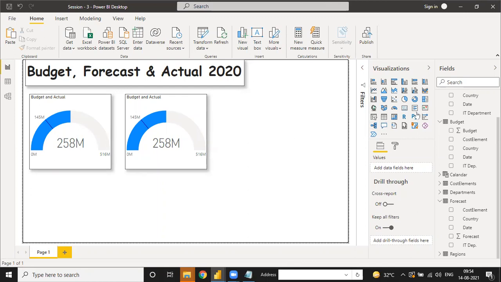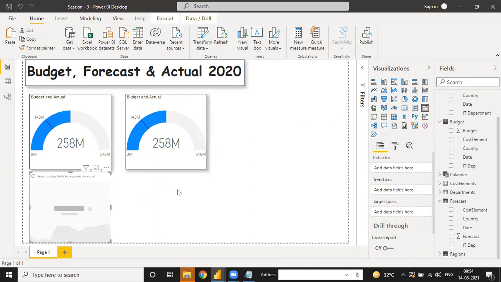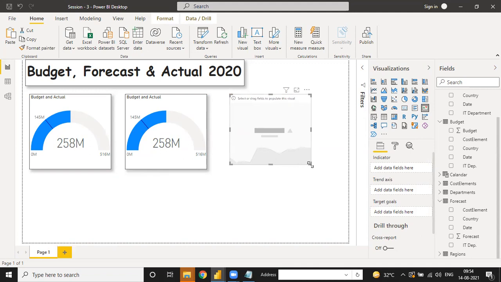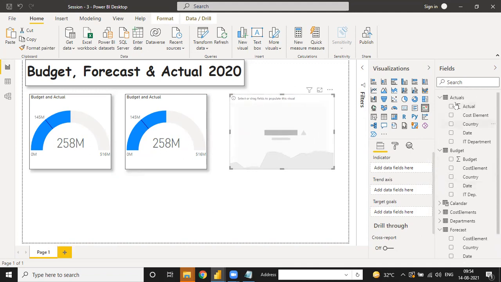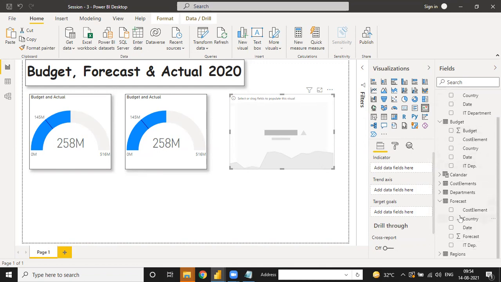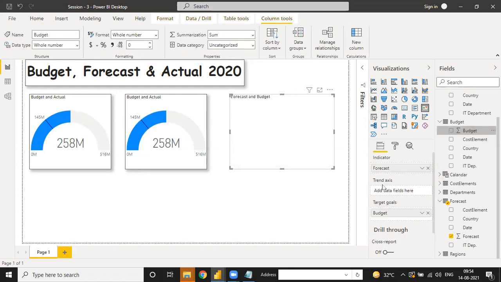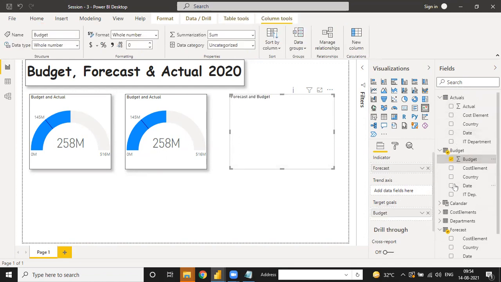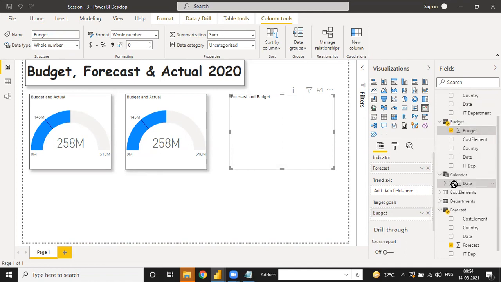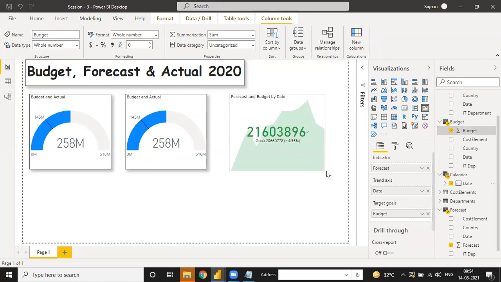So see, there is a KPI column. You can directly track over there whether you want KPI, and under the indicator, suppose you have budget, forecast, budget, and trend axis, you have to use a date calendar table from the date. See, your data is ready. Maybe there is some error between this. So tell me, it is in the green column.